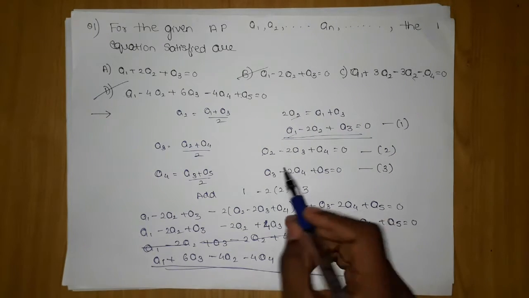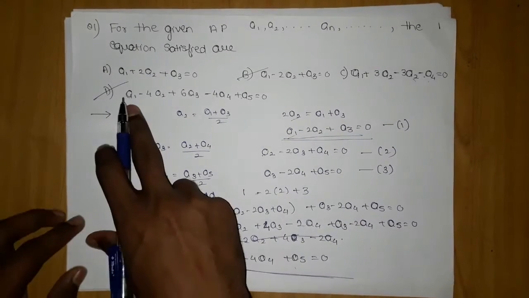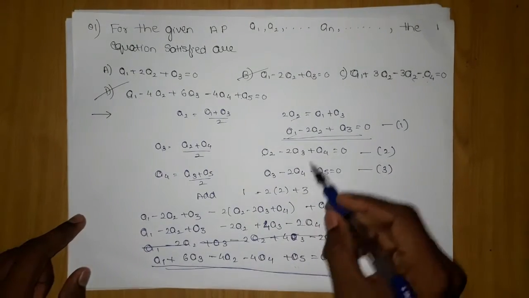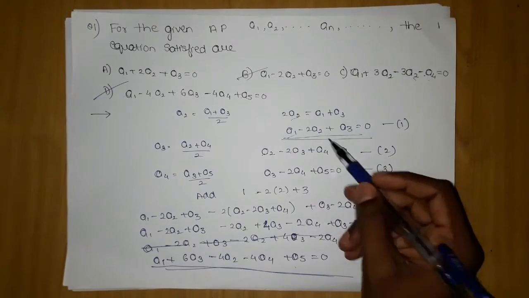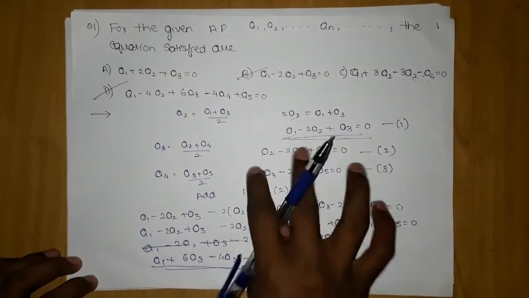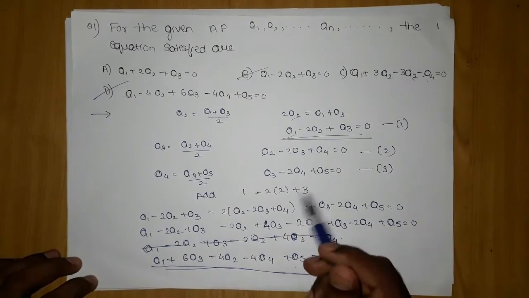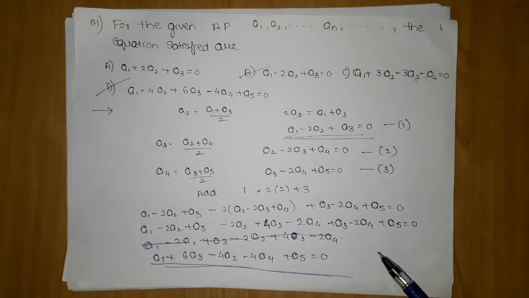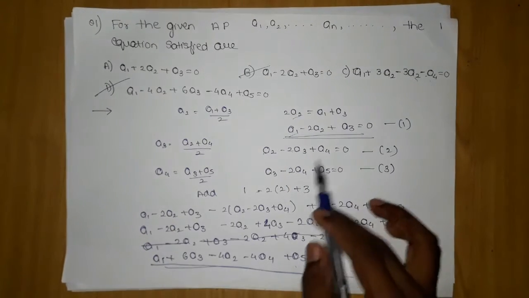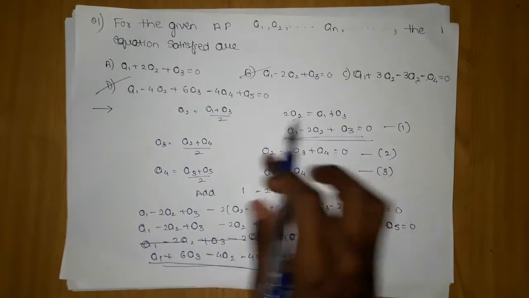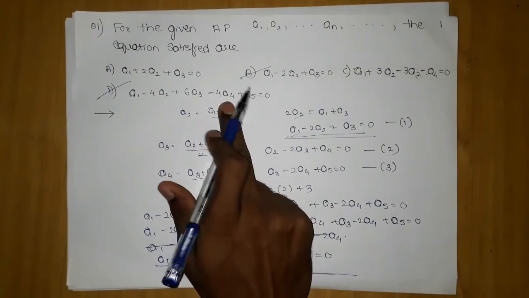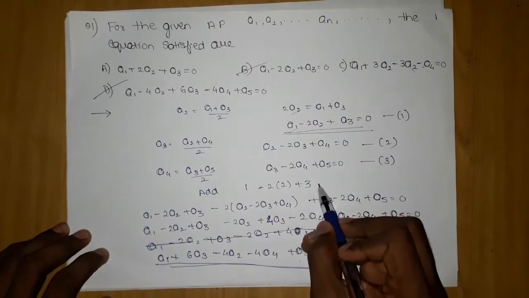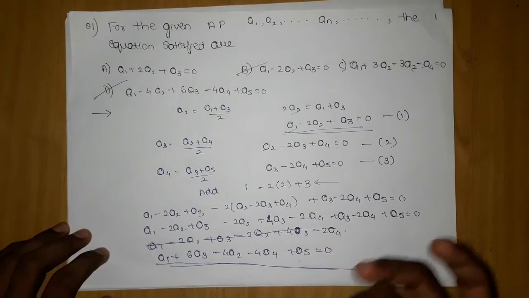Now, how did I get the hint of this? I thought that I want a1, fine, I want a2. I just checked and cross verified that a2 is present in these two equations. So to get that, I should multiply it by 2. Then I further thought about how to create the terms which are missing in the equation. If I multiply it by 2 and add them directly, I will get 4a4. So I have to think in this way. It will come by practice only.